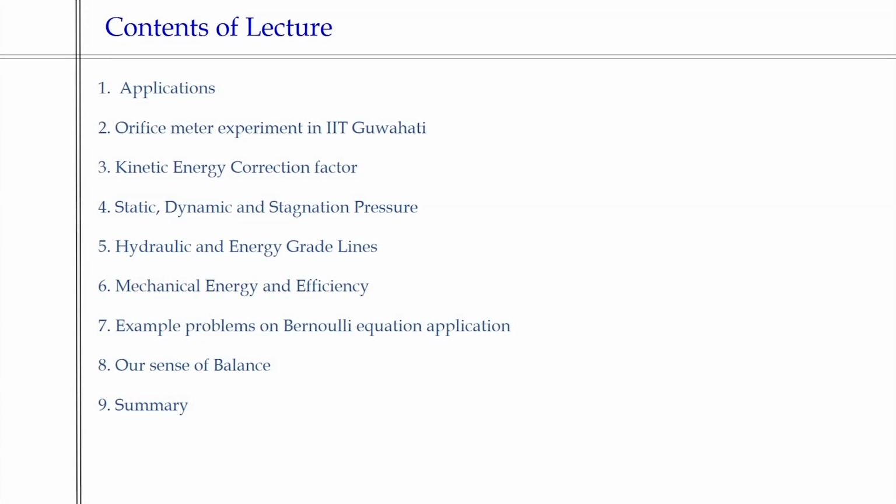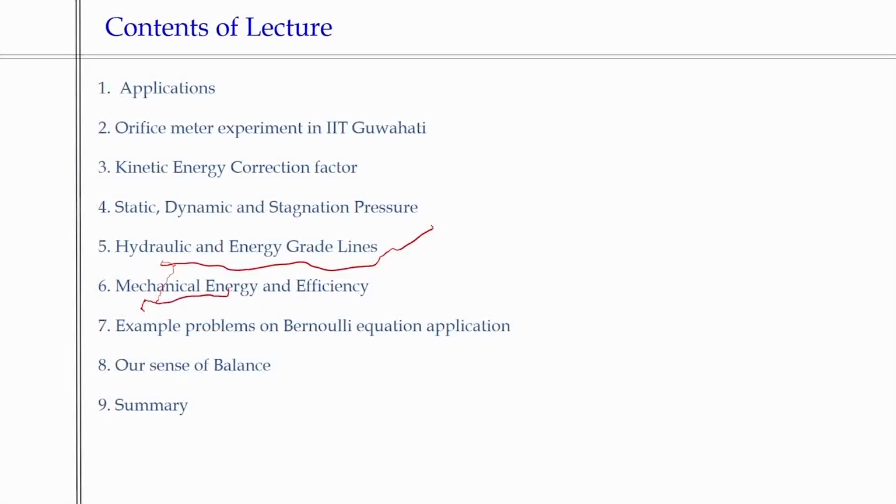Fourth part, I will talk about how we can define the three different types of pressures: static, dynamic and stagnation pressures. Then we will come to hydraulic and energy gradient lines. Then I will talk about a pipe flow system with a series of pump turbine systems, how we apply it and how we can quantify the different mechanical energies and also the efficiency in fluid flow problems. Then we will solve around 4